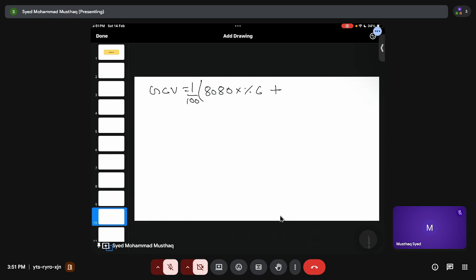Then the amount of hydrogen that has been depleted or reacted will be the percentage of H that initially was there, minus the percentage of O by 8. This is the amount of hydrogen that has reacted with oxygen to form H2O, right? So we are removing that much hydrogen from the total hydrogen present in our coke, plus